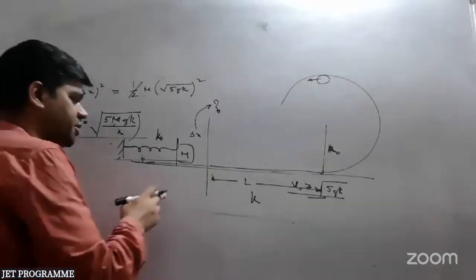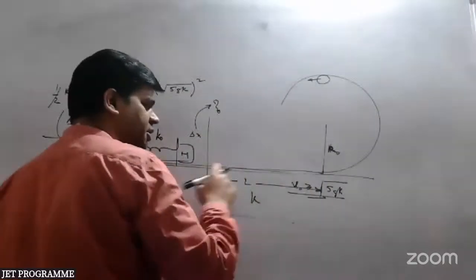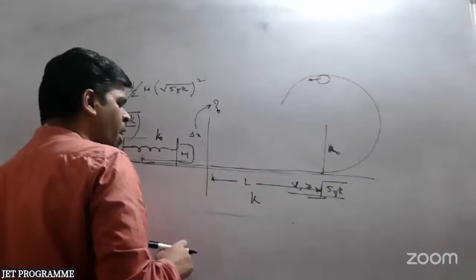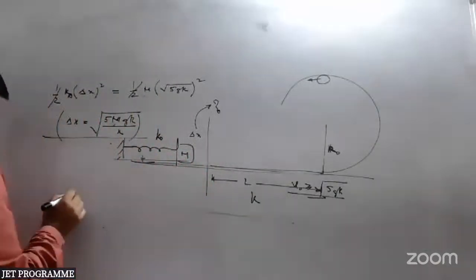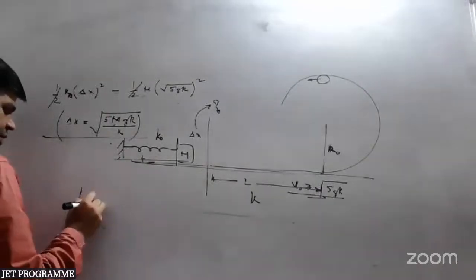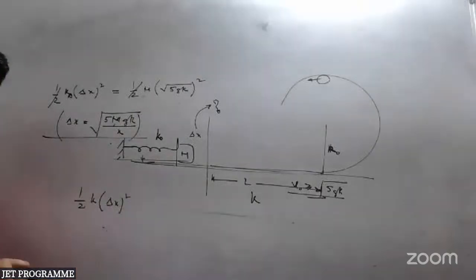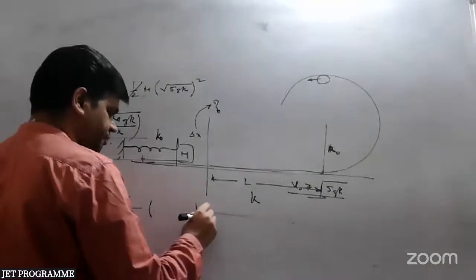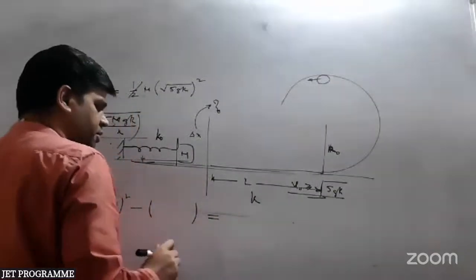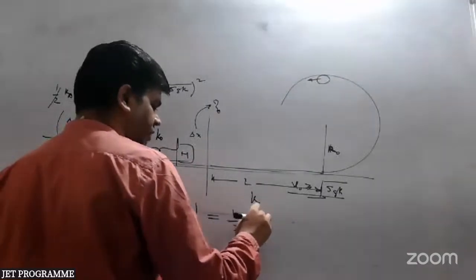There is no loss of energy till it reaches the equilibrium position. But from equilibrium position to the lowermost point, there is friction. So half K delta x square is the initial energy. Then there is a loss in energy because of friction, so minus work done by friction. That remaining part results in kinetic energy, which is half m